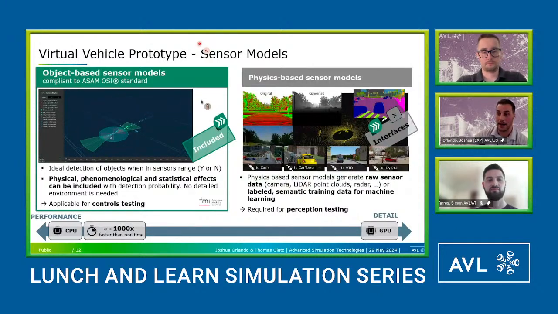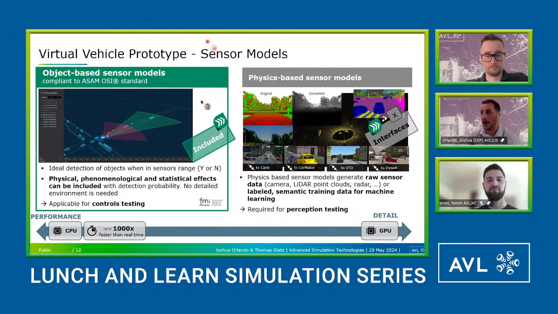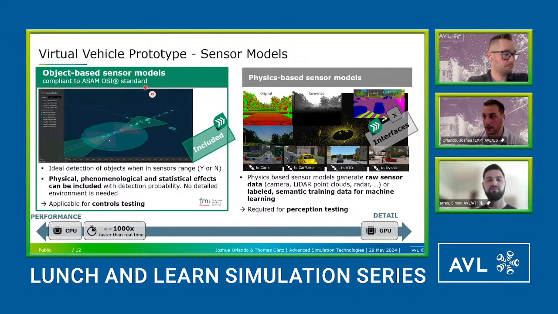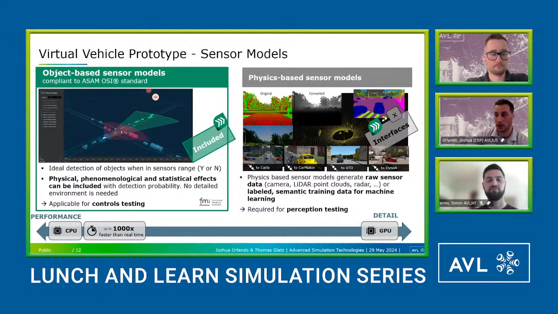Based on this, we really want to emphasize with the tool that it is the right sizing of the simulation toolchain to the development, calibration, or validation tasks that you are pushing forward. On the left here, coming directly with the tool, are the object-based sensor models, which are essentially ideal models to do sensor simulation in range, X, Y, or yes or no if there's a vehicle there or not, as well as statistical variation that can be added to these sensors.